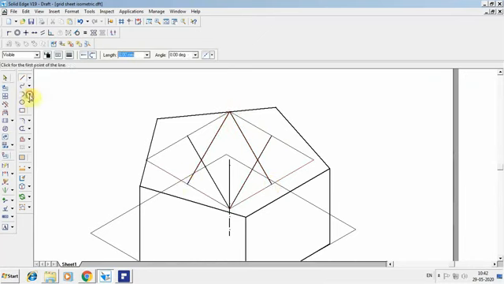Now go for arc by center point. Select that and join. Similarly from here and join. Go for arc intersection. Join that. Similarly from here,